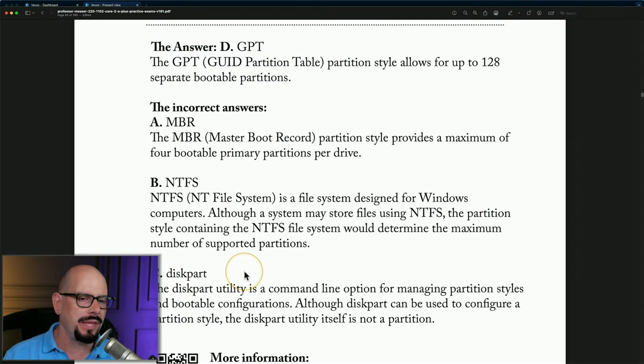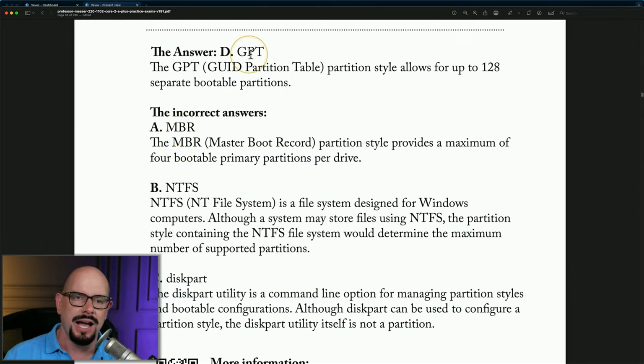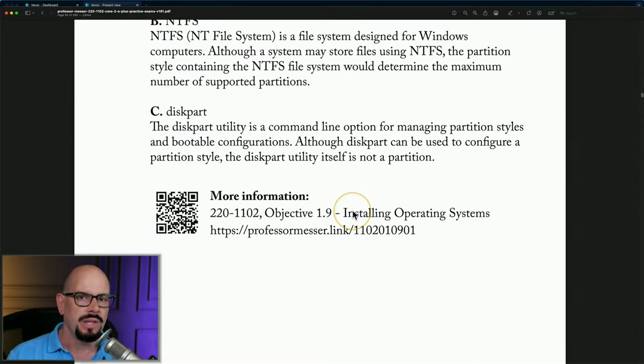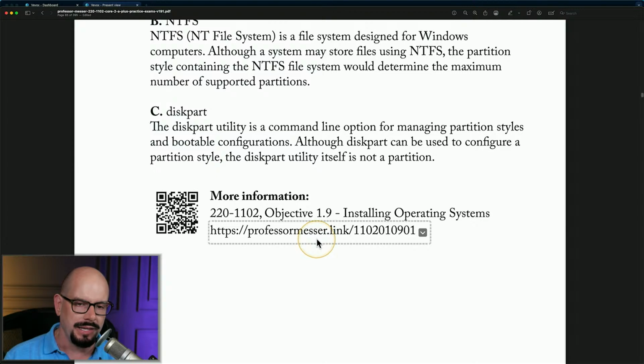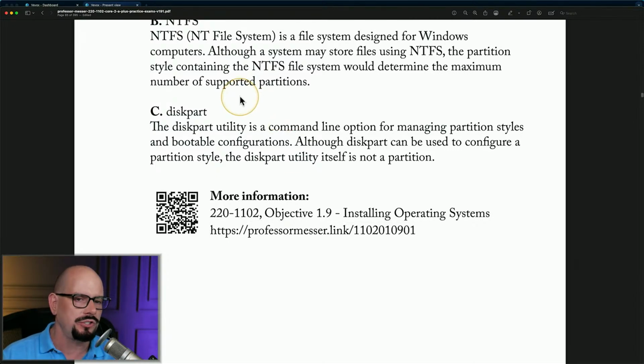Now, if you've read through this and you're thinking, I don't even know what an MBR is, I don't know what a GPT is, I don't understand the question, I don't know what you're saying. Well, that's okay. At the very bottom of this list, I have a more information link with a QR code and a direct link that will take you to the video that was used to create this question. So if you're not familiar with the terminology that's being used, you can always go back to the primary video, watch through that video, then come back to the question. So you always have a way to validate the information that you're reading and to validate what you think the right answer is.